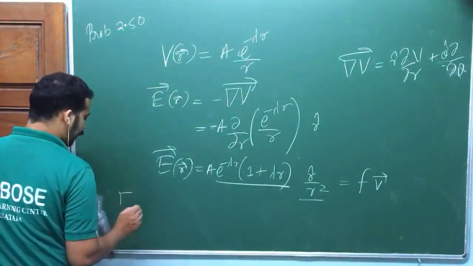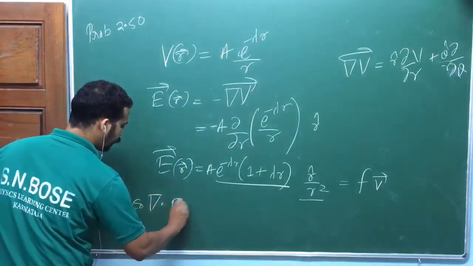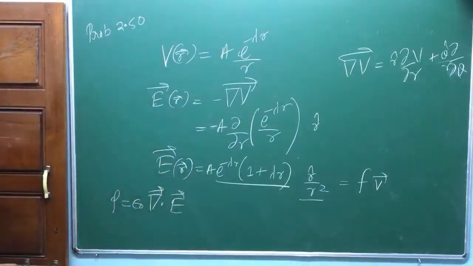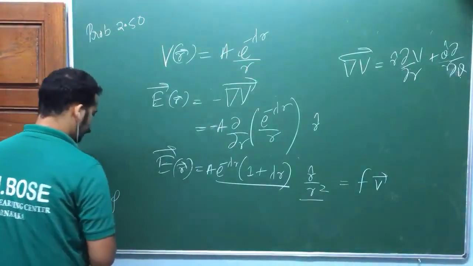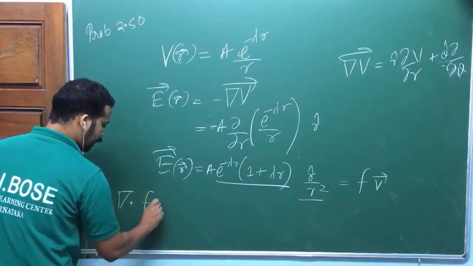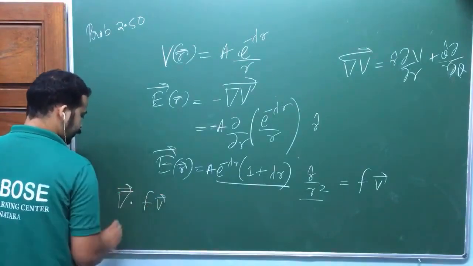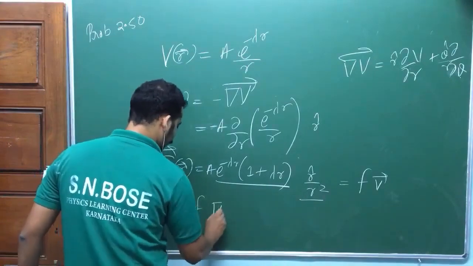What is, again, the next thing? It is to find rho. Rho is equal to epsilon naught into divergence of electric field. Am I right? Speak out. Now, while doing that one, you need to do divergence of scalar field into vector field. Am I right? Speak out. What is this one? Anyone? Scalar into divergence of vector field